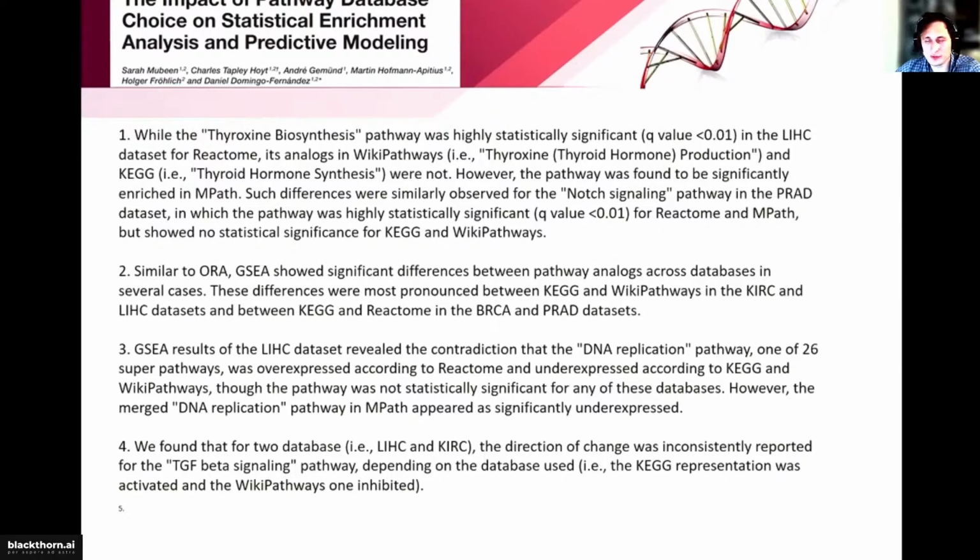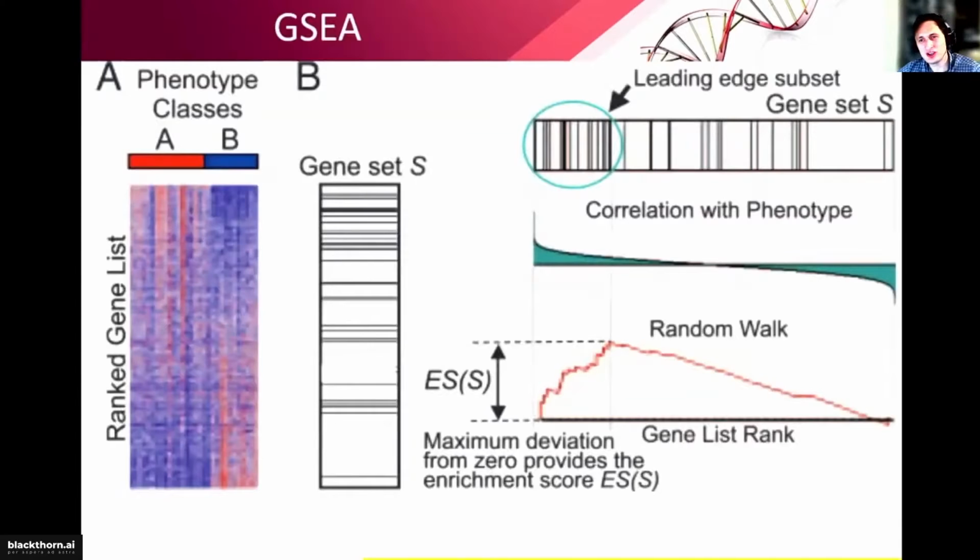Maybe we will have to filter out inconsistent results and save only the coherent ones, but it will not always provide you a lot of data. You will filter out a lot of pathways. And speaking about GSEA, it's not the most precise thing, it's the most conservative thing, I have to say. So it will not provide you a lot of pathways, but all pathways which it provides, they will be reliable. How it works, you calculate gene